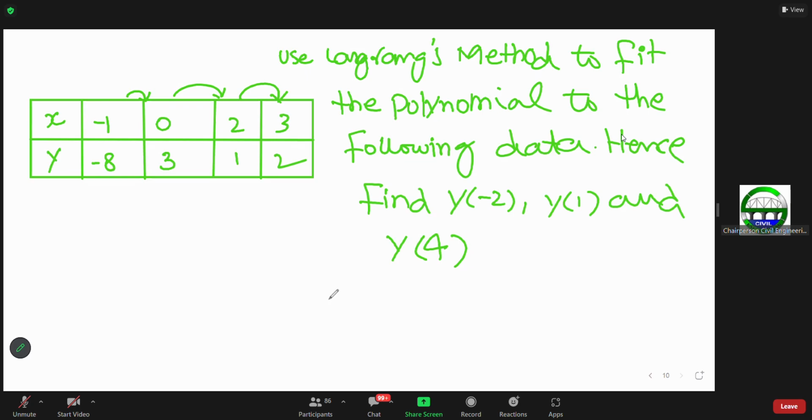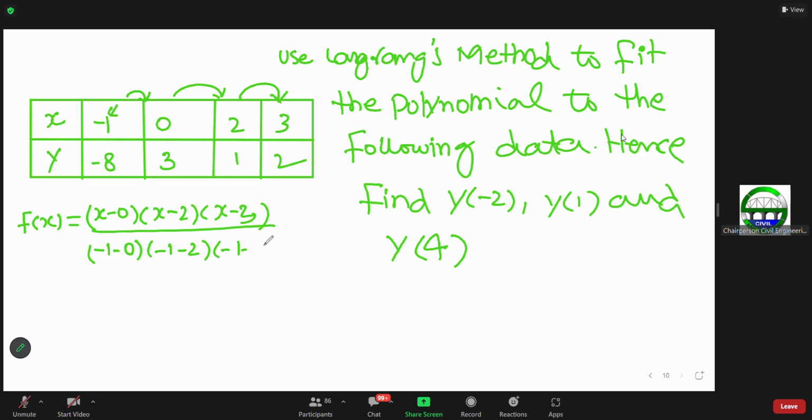Okay, so this one is very simple. Again, in the Lagrange method, f of x will be equal to, what was the value? You will hide this one first. So x minus 0, x minus 2, x minus 3 divided by, you hide this one. So -1 minus 0, -1 minus 2, -1 minus 3, multiplied by minus 8,